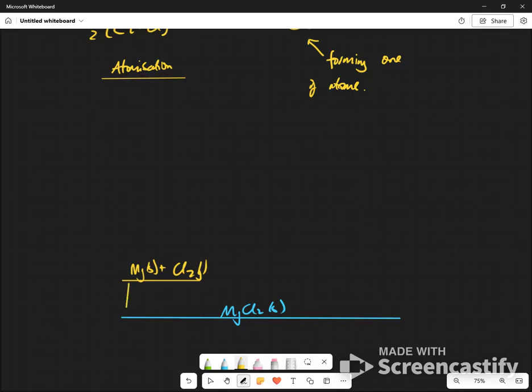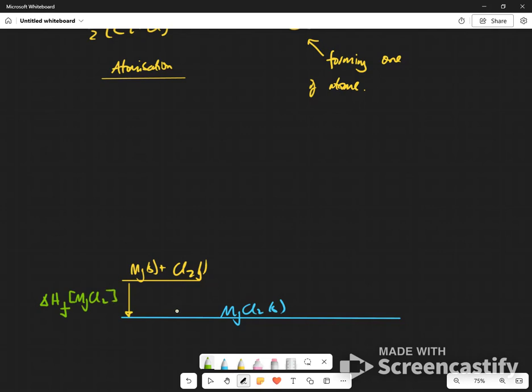All right, and that is the first enthalpy change in my Born-Haber cycle. Anyone know what that one's called? What's this energy change? From this to this. Anyone? No one. All right, this is known as the enthalpy of formation of magnesium chloride